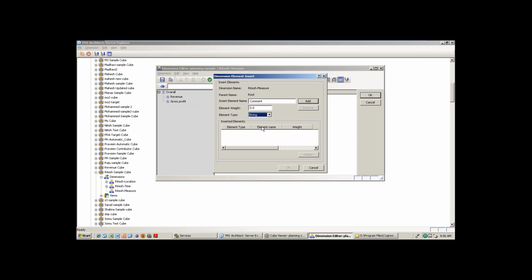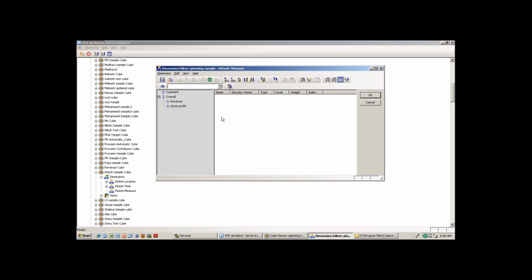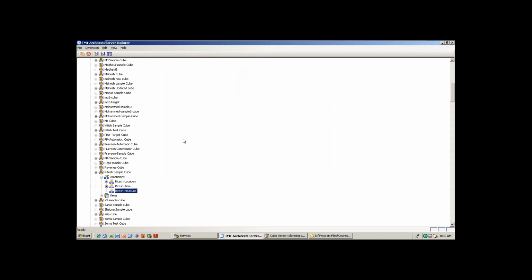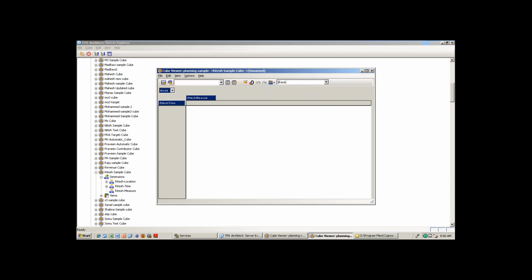But I want a string measure now. Click here. Done. So I have added it here. Whenever you add into the dimension, it changes everywhere the cube is used. But it may not appear. You see, comment. So for example, now I am taking one state C.